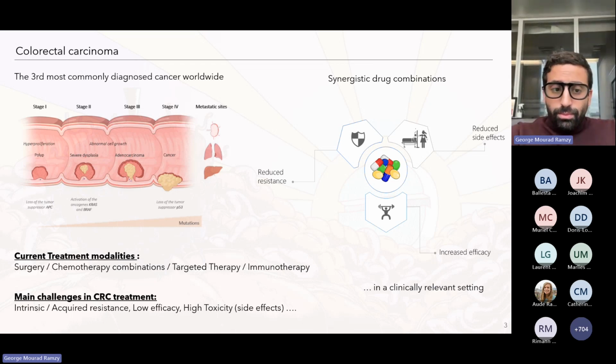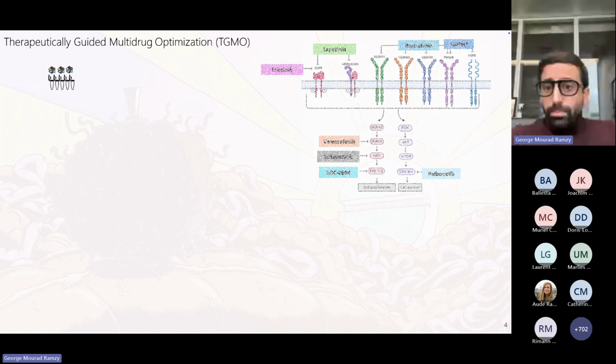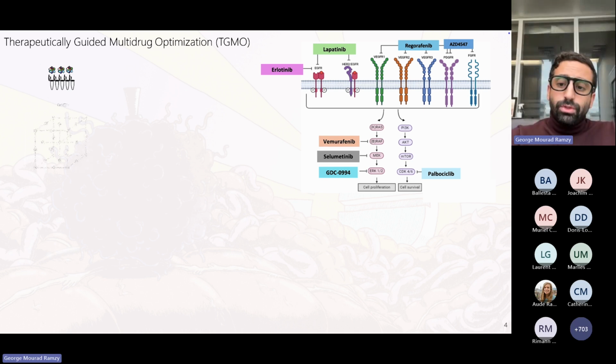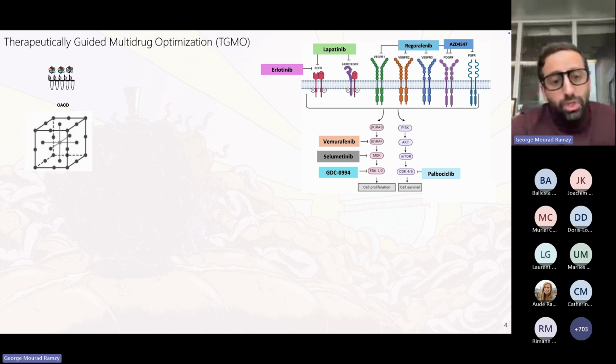So this is why in our lab we developed our previously validated phenotypic approach entitled therapeutically guided multi-drug optimization. It's a method that is not only based on in silico modeling, but it combines both experimental and mathematical analysis. As a very simplified schematic representation, we initiate the screen by selecting an initial drug pool of